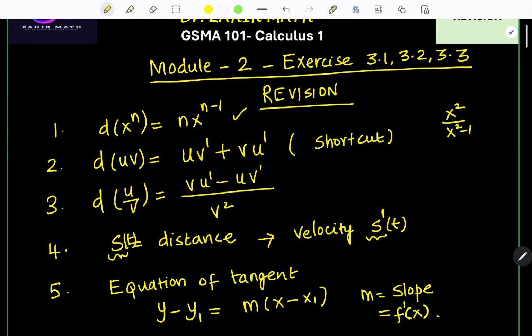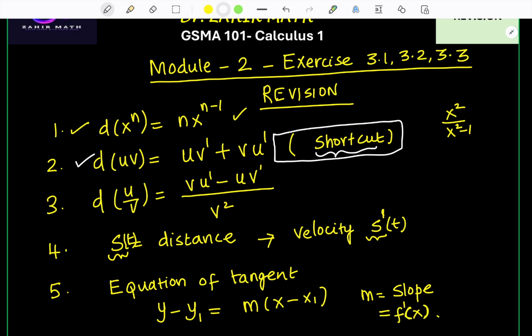Let me recollect. What are the formulas you are going to study? Number 1, derivative of x power n is n x power n minus 1. And the second formula, derivative of uv, that is product rule. For this 3.1 exercise, 3.2, there can be a shortcut. Instead of using this rule, no need to memorize. So I'll use the shortcut for this one. Okay, right. Then the quotient rule, differential of u by v, which is equal to vu dash minus uv dash